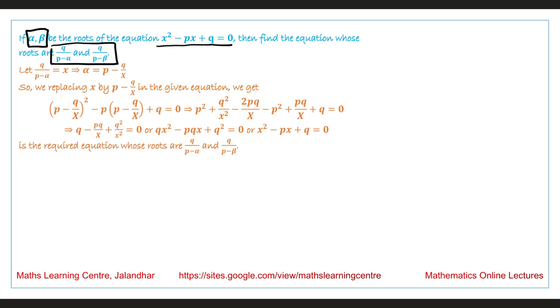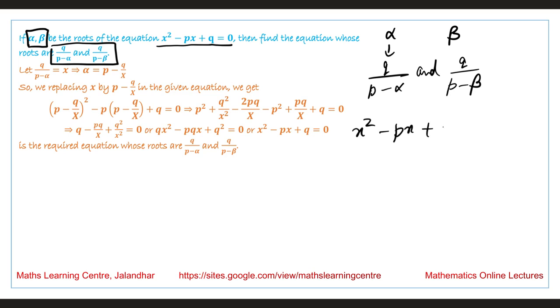So we are saying alpha and beta are the original roots, and these are transformed to the form q by p minus alpha and q by p minus beta. The equation given to us is x square minus px plus q is equal to 0. So if we replace,